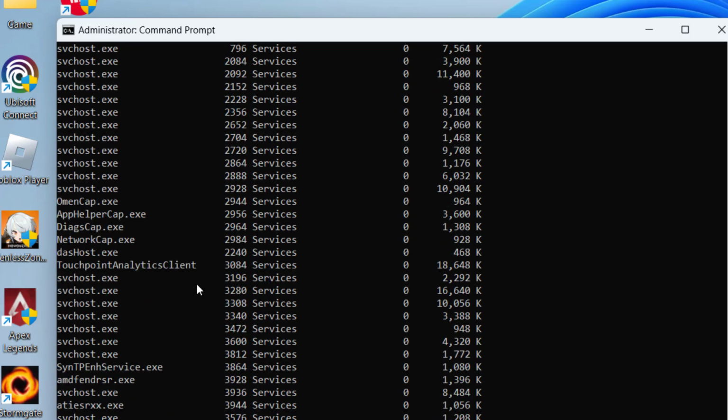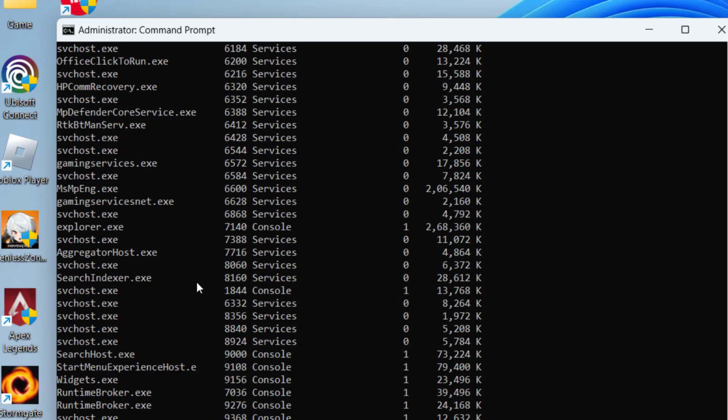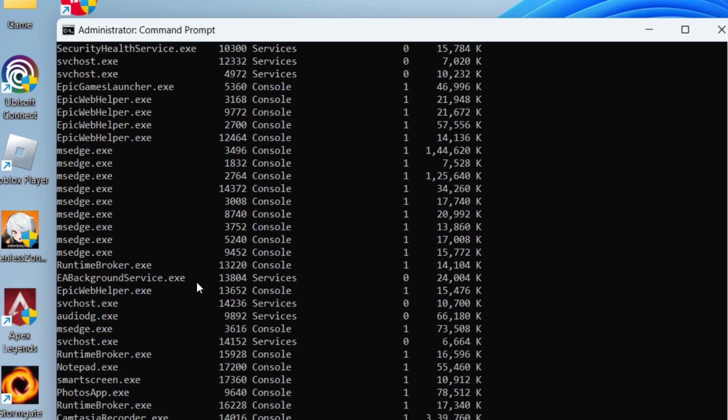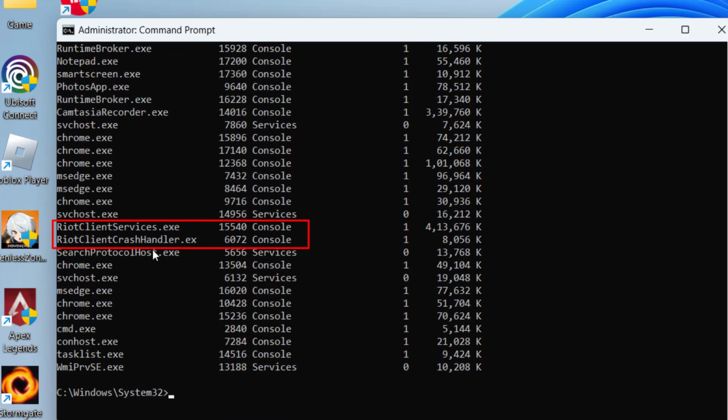Scroll down and find the services. Here is Riot client services and crash handler. Note down the PID. Once you note down the PID, type in taskkill /f /PID, space, the PID value. For crash handler, it is 6072.